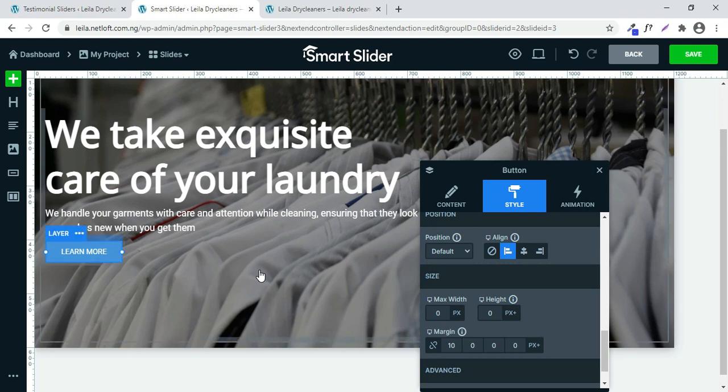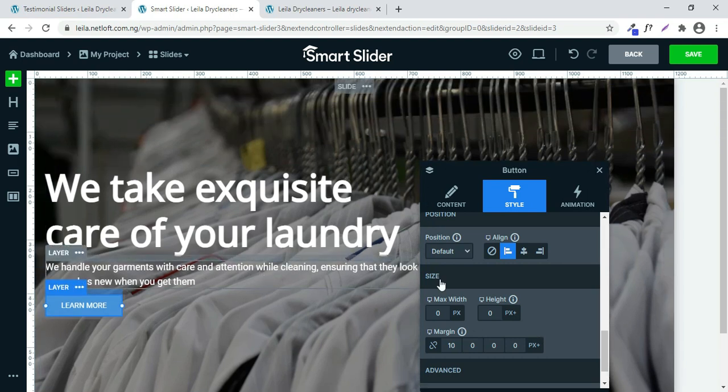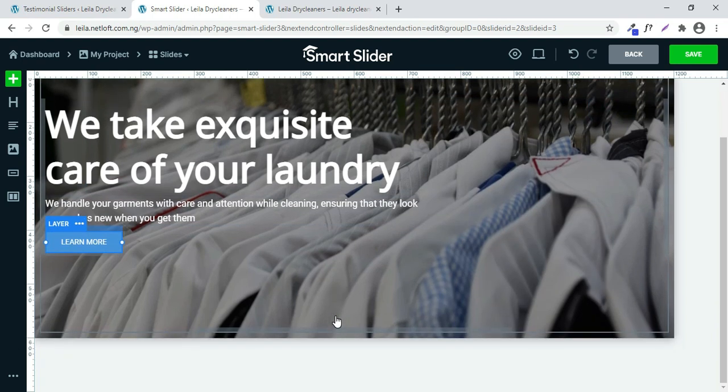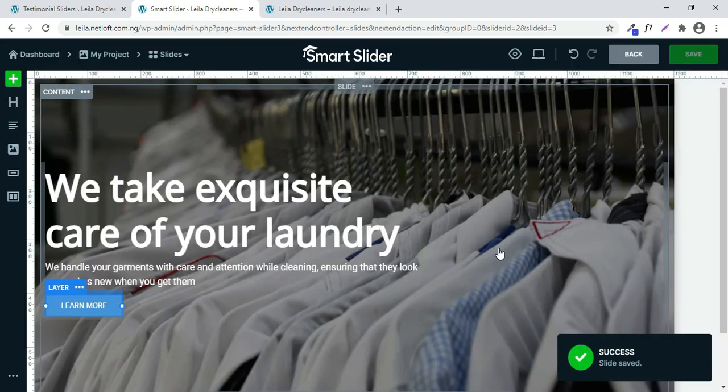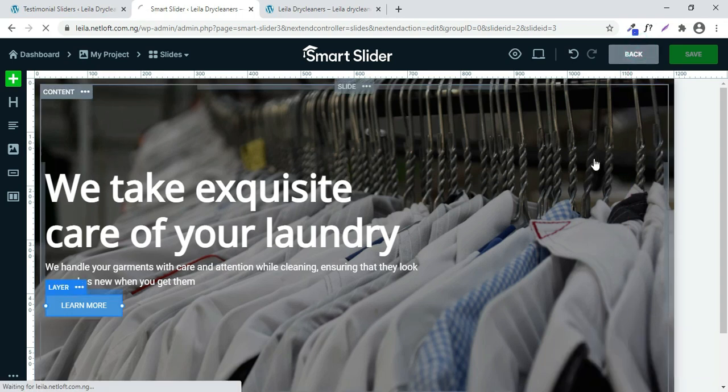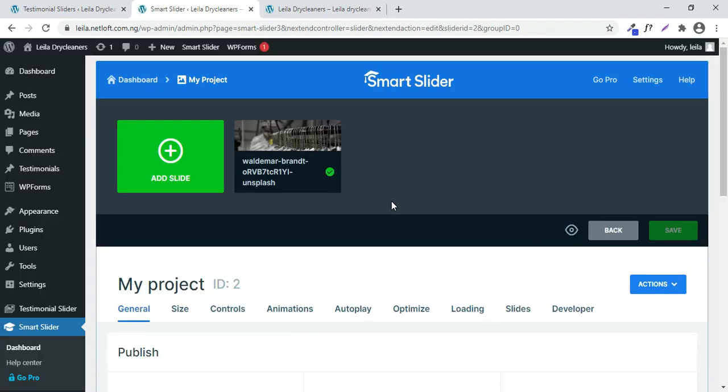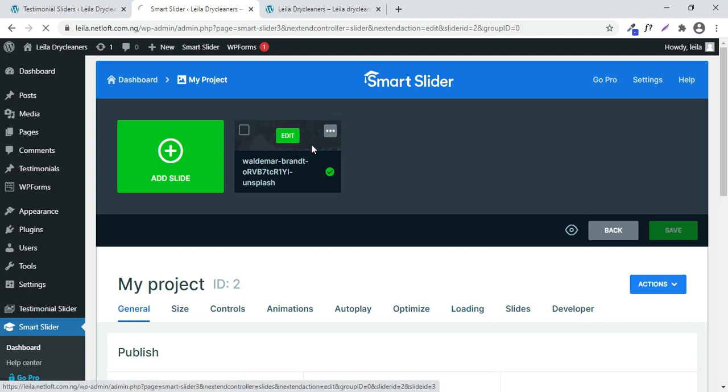Okay, so that is that for this particular area. You can see that this is actually looking very good now. So what you simply need to do is click on save. Now after saving, you can click on back. Okay, so this is excellent so far. So now we have one slide ready. Instead of us to click add slide and do the same steps for 2 or 3 more or 4 other slides we want to add, we can just go ahead and